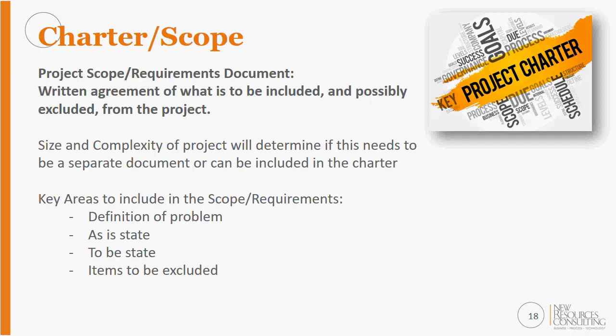As I stated, I spent a lot of years helping organizations implement their electronic health records, and while a lot of organizations had technology systems, utilizing the electronic health record took both of those systems as well as a lot of manual processes and manual documents. Many of the physicians, when they would go in to see the patient, had paper charts that they would be able to flip through. While we were establishing our scope and requirements in those areas, it's understanding what was that current state and what were those key pieces of information that those physicians were looking for so that we could make sure that was available and readily accessible in